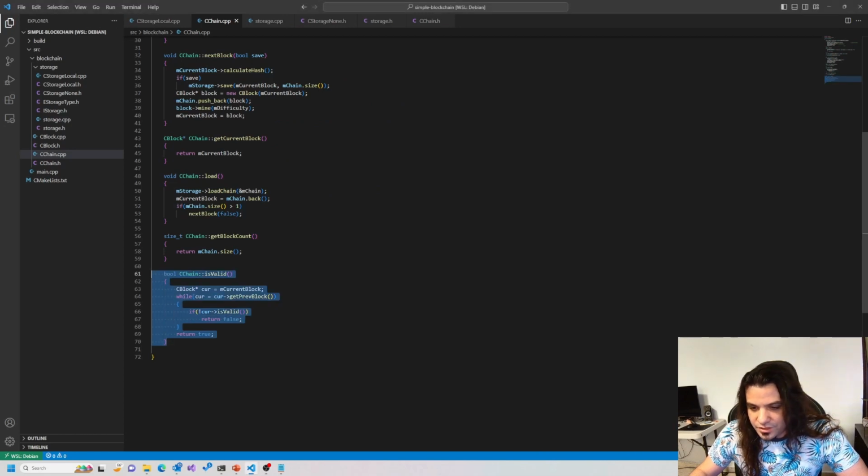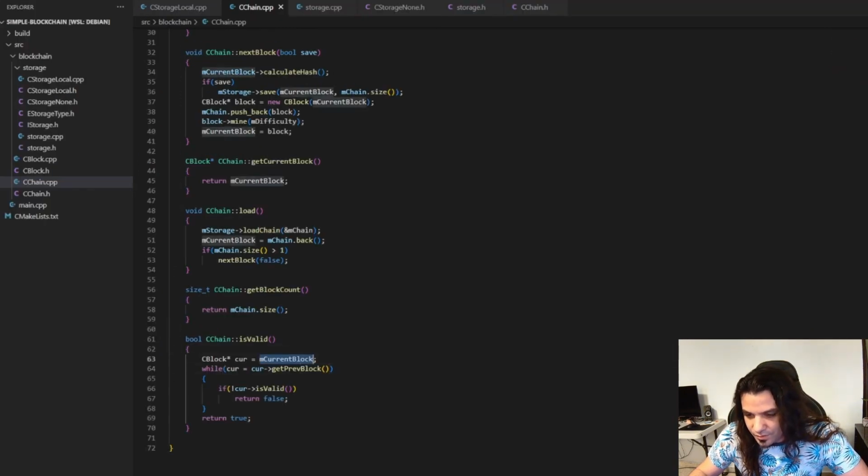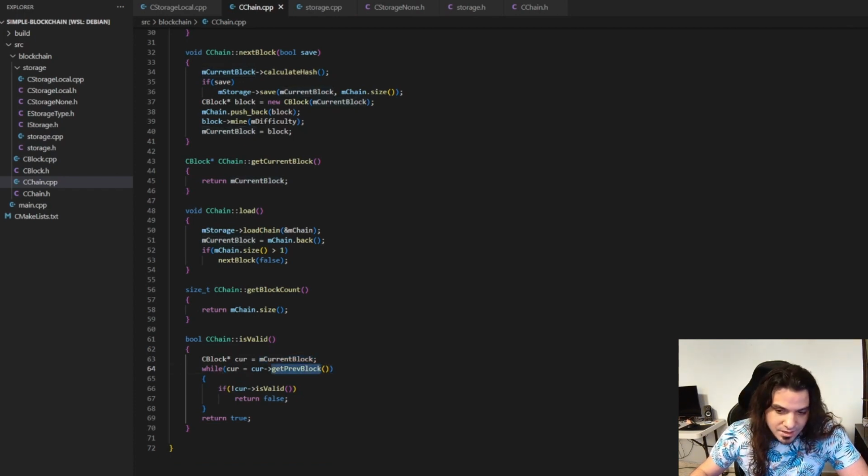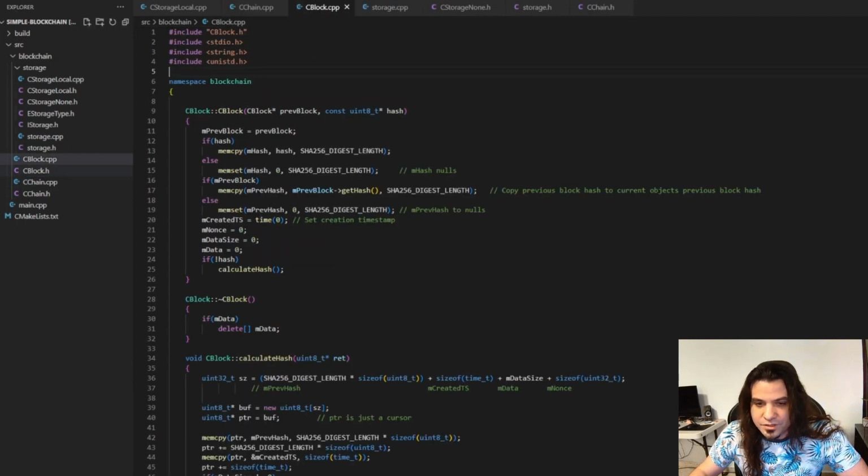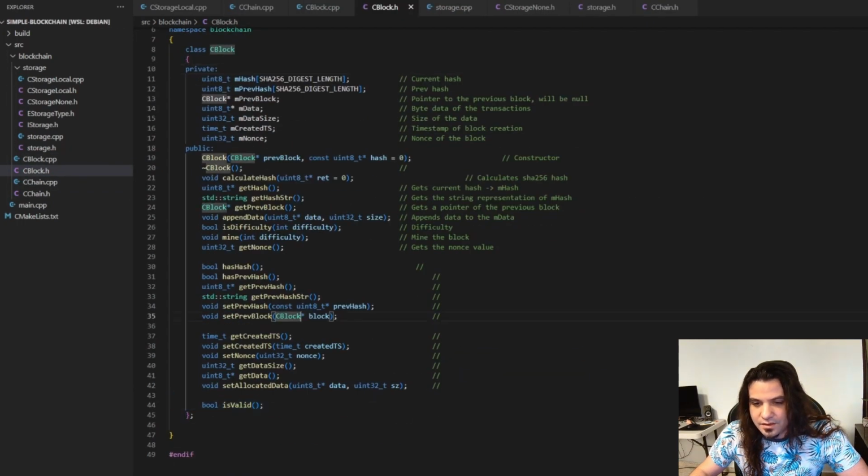Now this function checks for the validity of the chain after it's loaded, or whenever you want to use it. It just grabs the current block, which is the one that we're working on. We don't want to check the validity on that one, so we go directly to the previous one, and then we call the isValid function. Now that's a new function that was added to the C block,